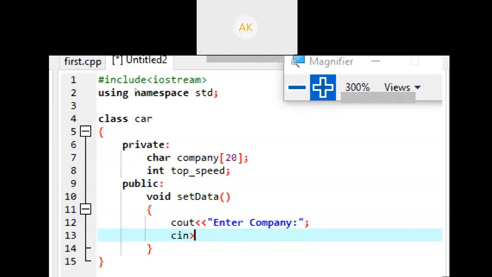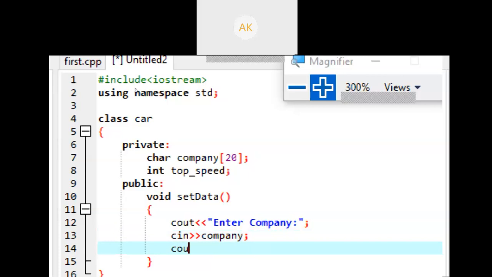I am going to explain this function. Just wait. What is the meaning of cin? Cin here, write your variable name, company. Okay, then again ask the user, write enter top speed of your car.